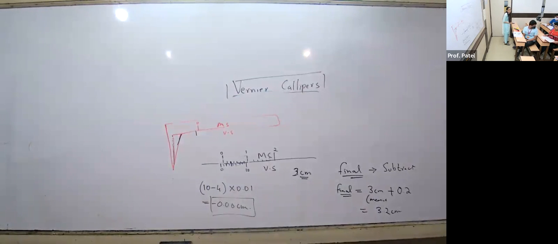What is the distance covered by light in 1 second? Does anybody remember? 3 into 10 to the power 8 meter per second. Okay, 3 into 10 to